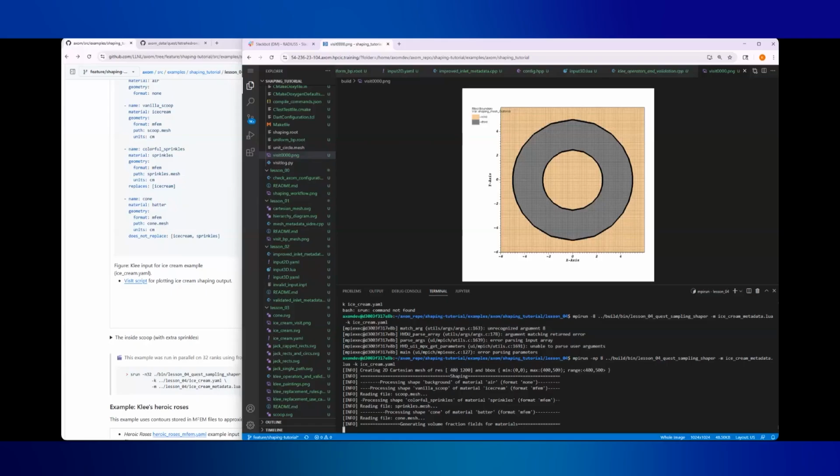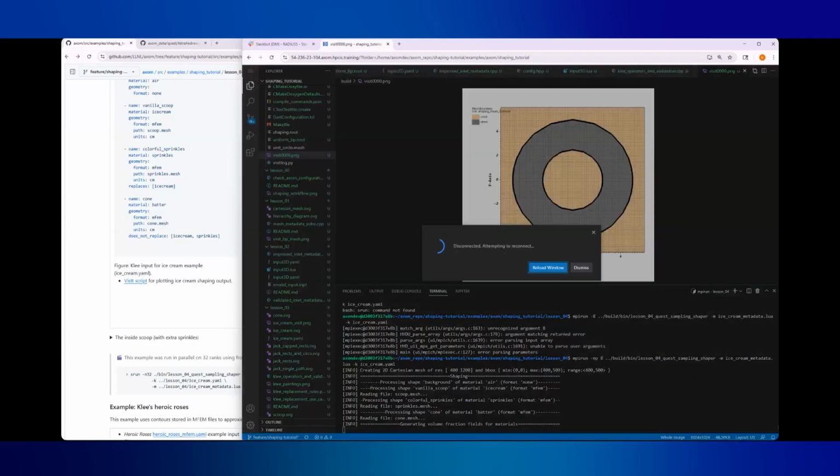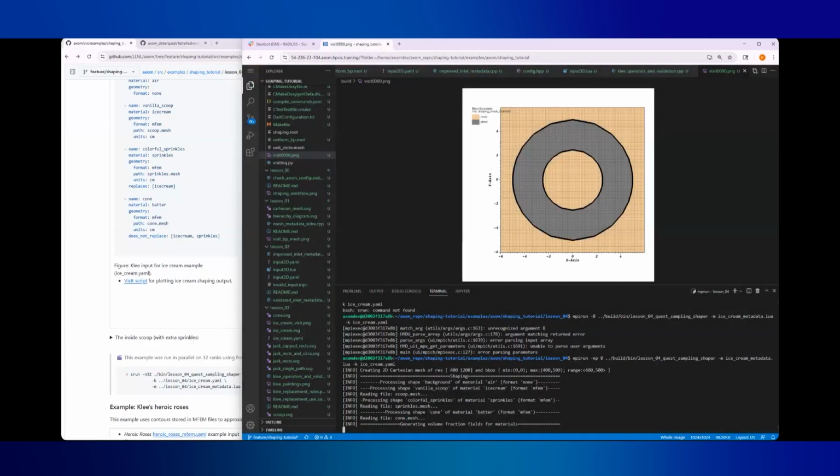This is where I can put in a plug for our performance portability stuff. This volume fraction thing uses a full matrix assembly on the CPU for our finite element mesh, which can be a little slow. But when we run this on the GPU, it's significantly faster. So it's almost there. While we're waiting, let me go back